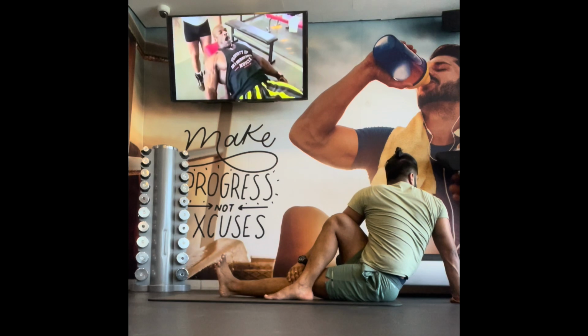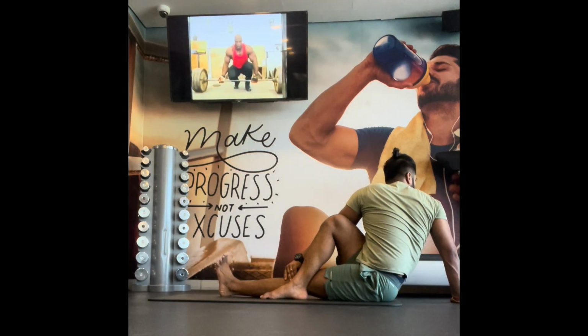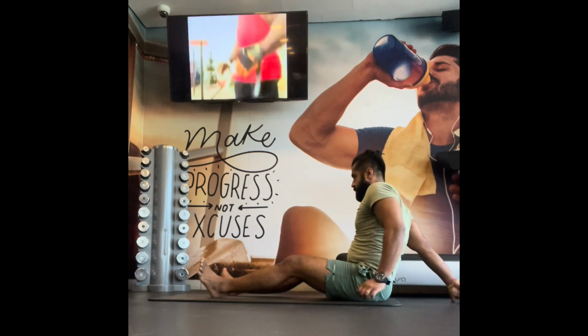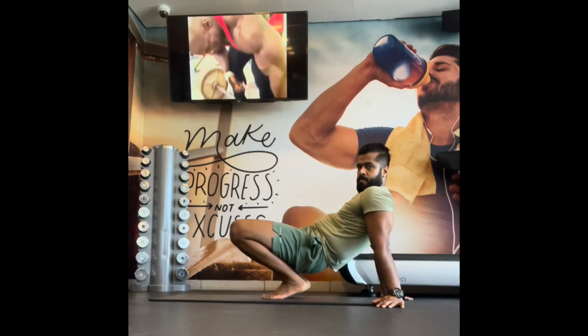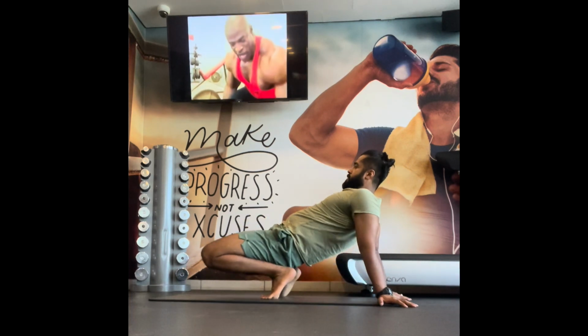You twist yourself, release your backbone, thoracic area and your lumbar area, and even your glute medius, lateral sides of your glutes are released. Your IT band is also released in that. Now you can stretch your